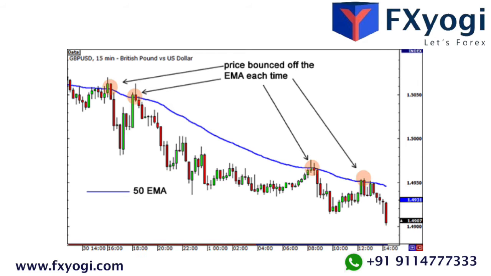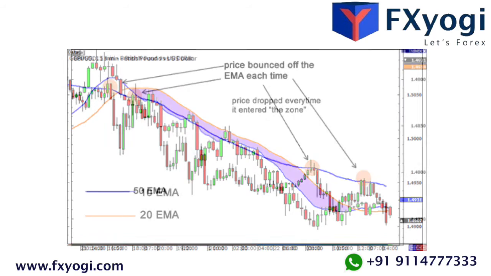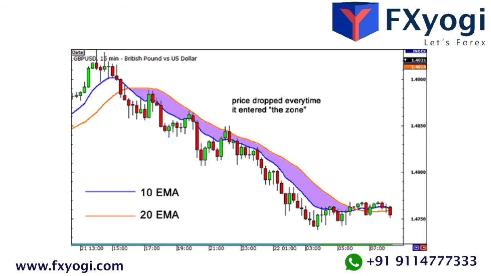What some forex traders do is that they pop on two moving averages and only buy or sell once price is in the middle of the space between the two moving averages. You call this area the zone. Let's take another look at the 15-minute chart of GBP USD, but this time let's use the 10 and 20 EMAs. From the chart above, you see that price went slightly past the 10 EMA a few pips but proceeded